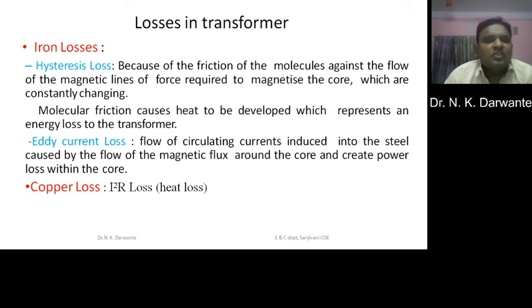One more loss is there, that is the copper loss. You know that though the copper conductivity is high, it has a certain resistance, and because of that, some power will get wasted as I square R, where I is the current circulating through that copper and R is the copper resistance. That will be in terms of heat. And therefore, as a designer, you have to minimize the losses, reduce the losses as far as possible.